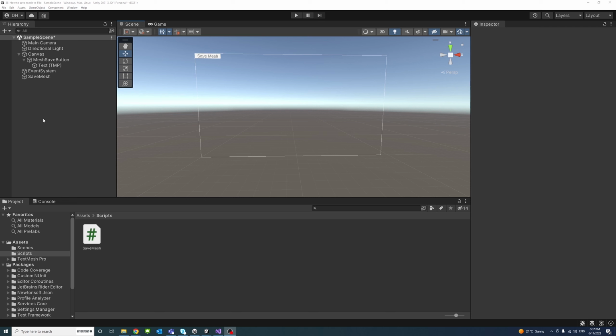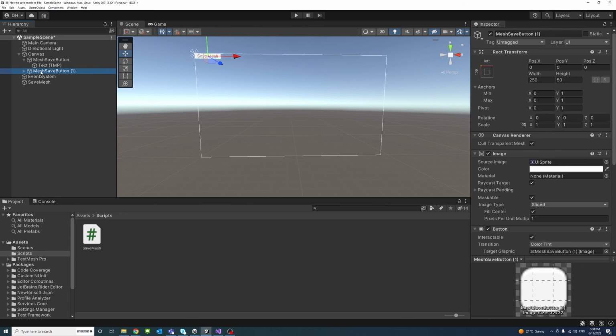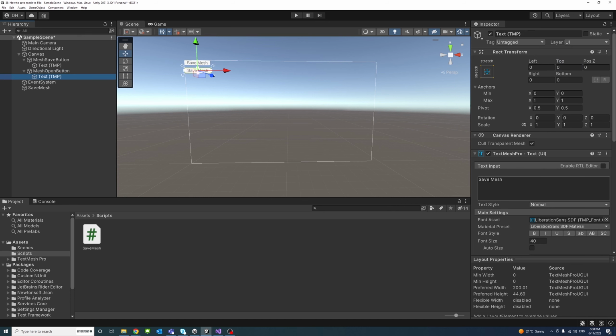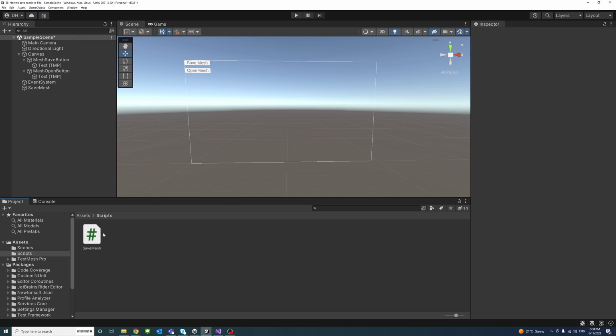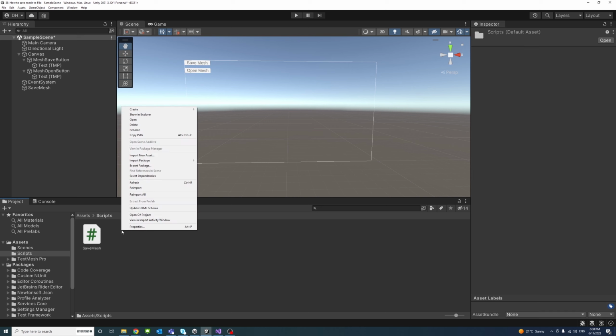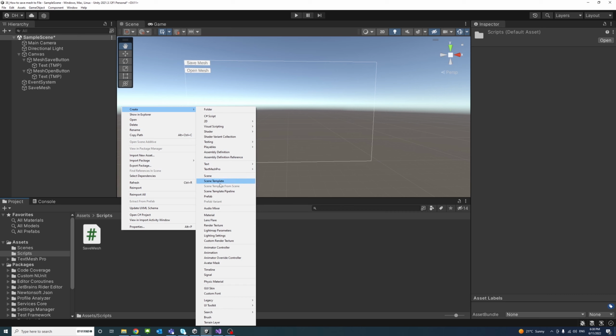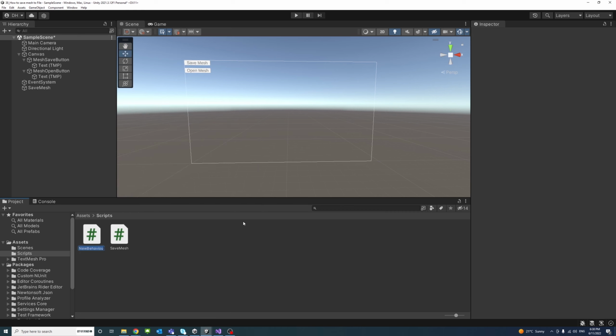To start, I will create a new button by duplicating the button I already have by pressing Ctrl and D, and I will change its name to Mesh Open button, and then just drag it down to minus 75 on the y-axis, and then we'll change its text to OpenMesh. Then in the script folder, I'll create a new C# script, and we'll call it